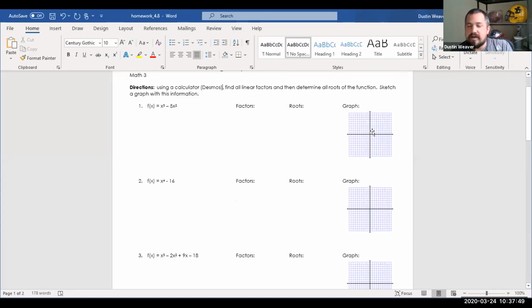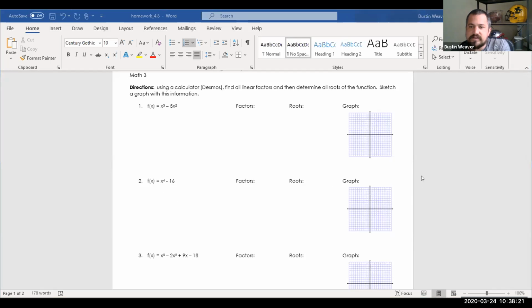You're going to work with these. You're going to find the graph. You can find where it crosses the x-axis. That will give you the roots. Then you can find the factors, and you can go through. In this one, you wouldn't have to factor by grouping. You would just say, what's the GCF of these two? Take it out, and then write what's left. In this one, this is a difference of squares. So again, you can work backwards. Just graph it, write the roots, write the factors, and then write what's left.